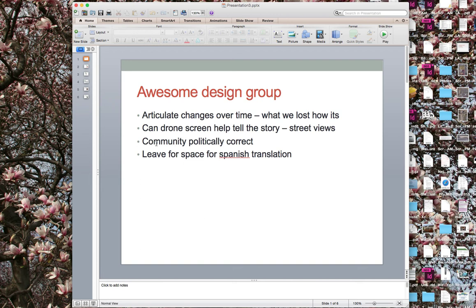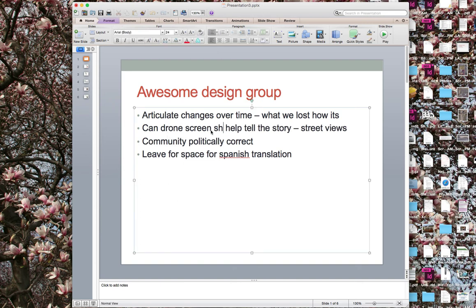I think the drone screenshots can really help you tell the story, and I think that can be better and more effective than the street views, so that's something you might want to swap out. Lose all the text, simplify text. We need to make sure we address